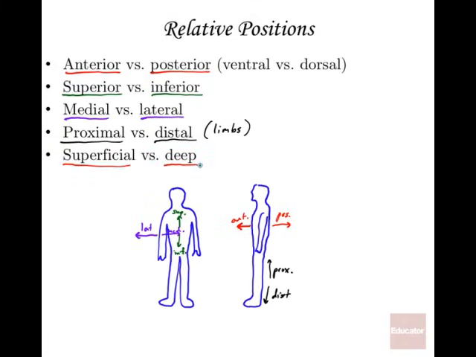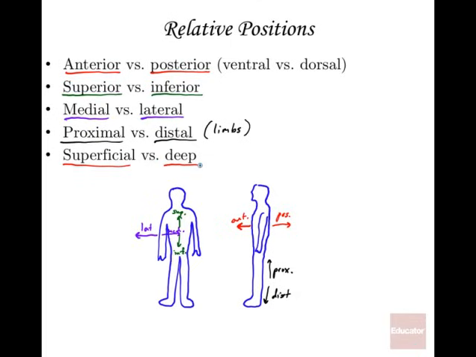So, superficial, more towards the surface. The epidermis around the outside of your body is the most superficial structure. Deep means below, farther inside the body. So I mentioned the word mucosa in a previous slide. Mucosa is the innermost set of tissues in the stomach. So you could say that the mucosa is deep to the serosa, which is actually the outer layer of the